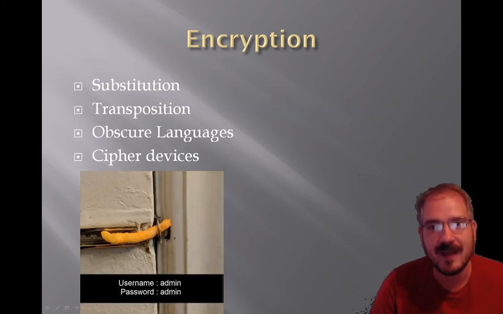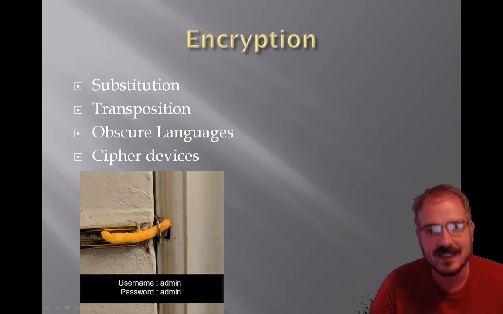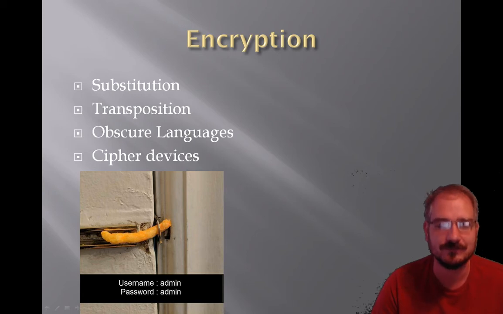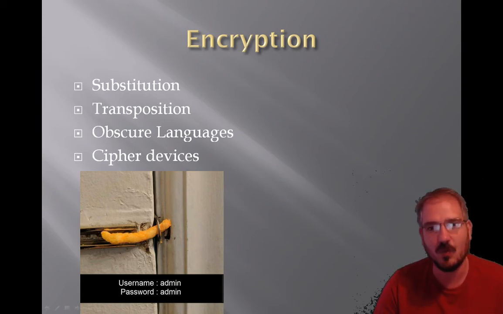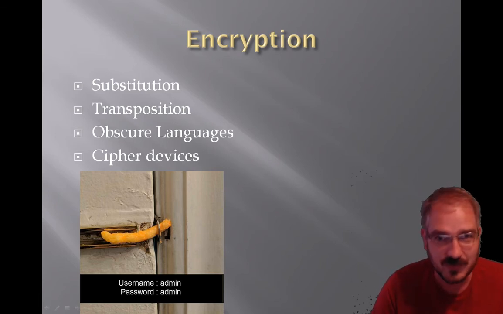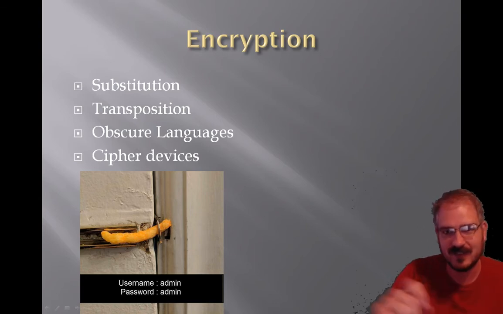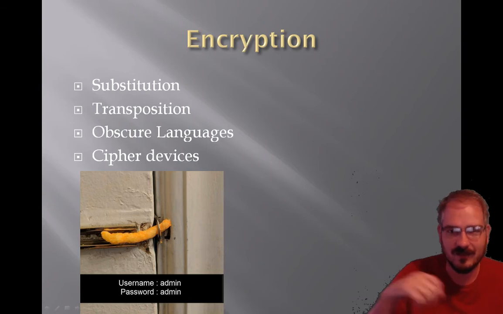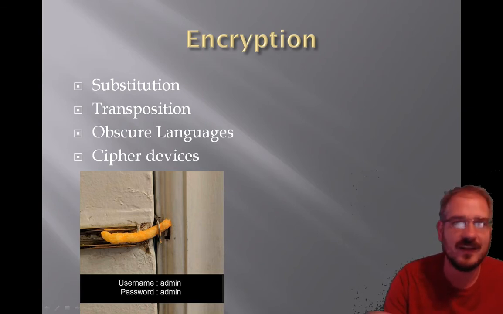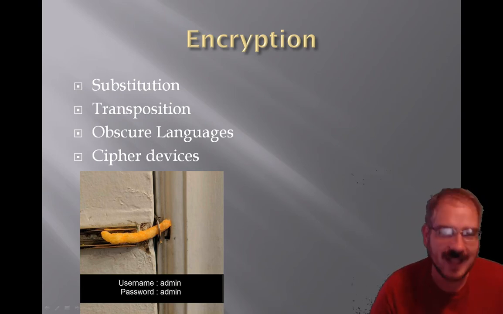Traditionally, there have been a bunch of different methods of encryption. The simplest and easiest was substitution. This is the one we all did as kids, where A equals 1, B equals 2, C equals 3, all the way up to Z equals 26. And then you write out your message with the numbers, and then you send that to another kid, and the kid gets it and retranslates those numbers back into letters and reads the message. That's a very simple substitution cipher.